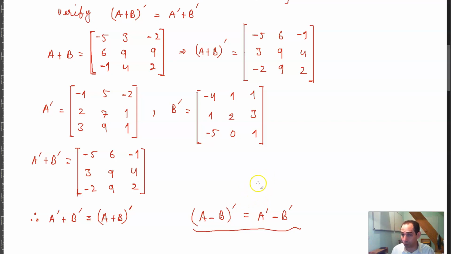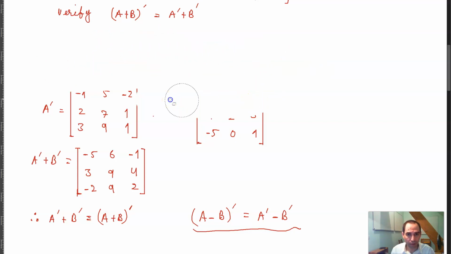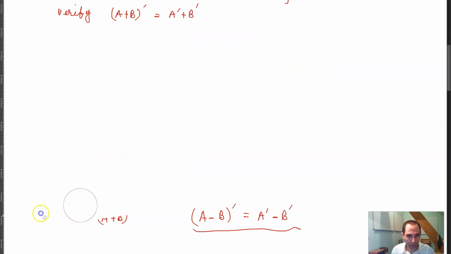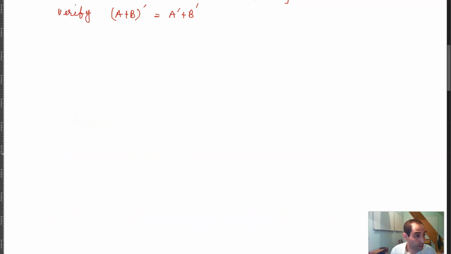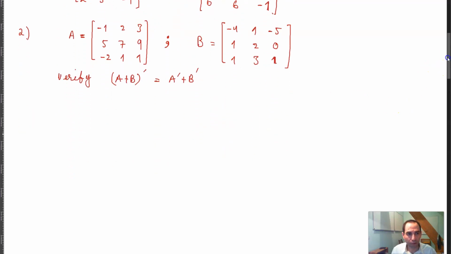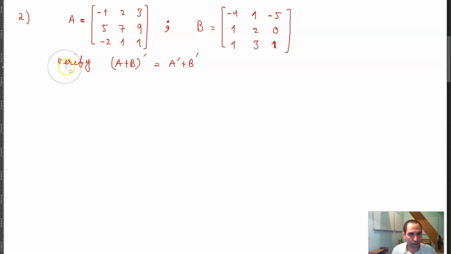And in order to show that, I can actually keep all of this. Let's do the whole thing over again. And let's say that you want to verify that (A minus B) whole prime is the same thing as A prime minus B prime, right? So now in order to do that,